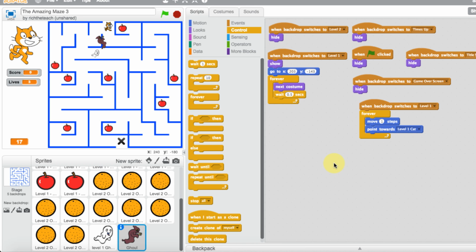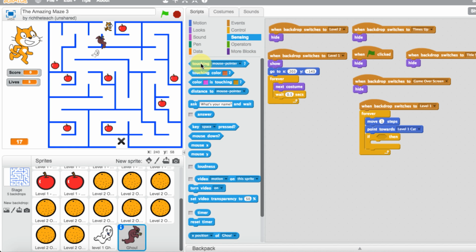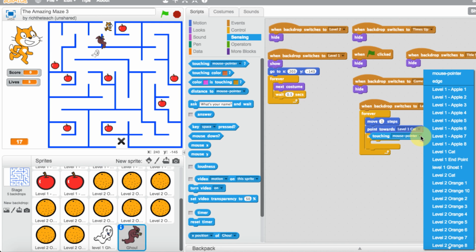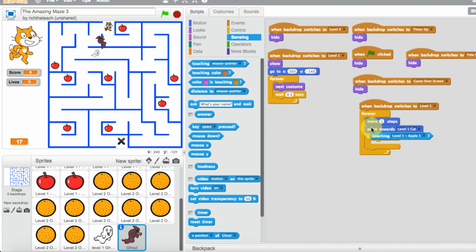Let's do that. What we want to do is grab an if statement here. Let's put the if in there. If it is touching one of the apples, then we want it to go back to its original position. So let's go to sensing. If it's touching apple 1,